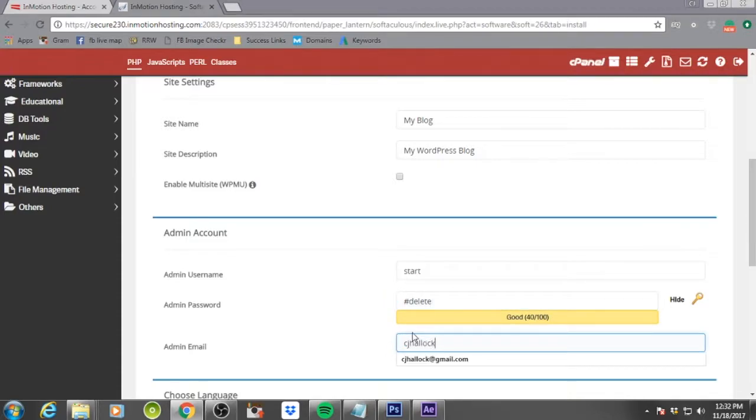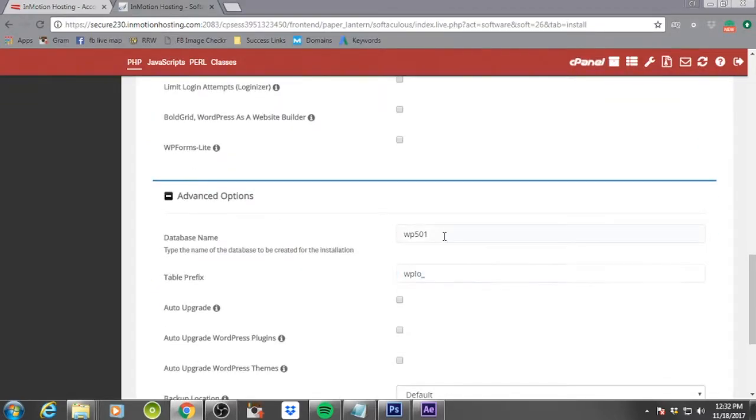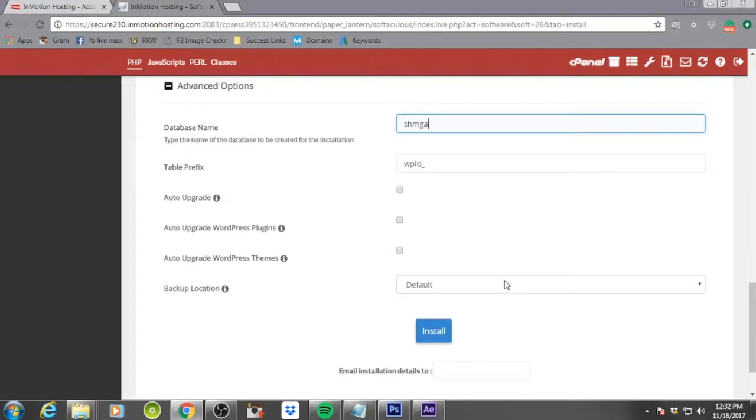And then just go ahead and enter in your email address here, and then you're going to come down to the bottom, uncheck any of the selected plugins that are checked, open the advanced options, and the database name, it needs to be 5 characters, and it needs to be something that's familiar to your site. So for instance, for me, I'm going to just do SHMGA as a shortcut for SHMOOGA. I'm not going to touch anything else as far as the settings. I'm going to come down here, put in my email address,